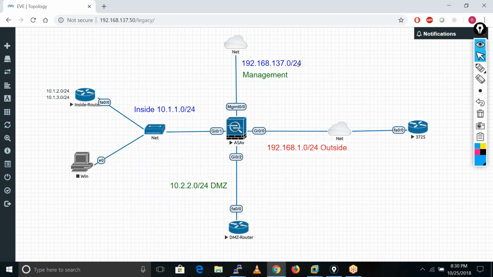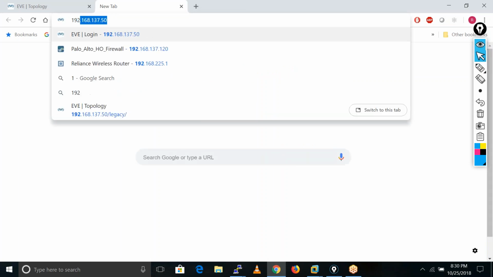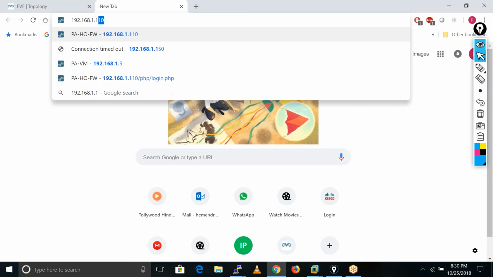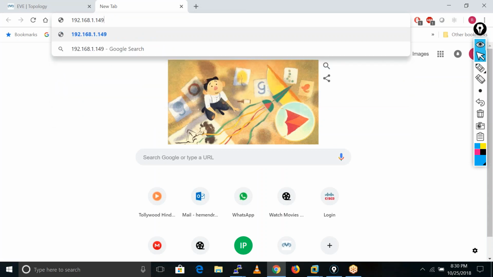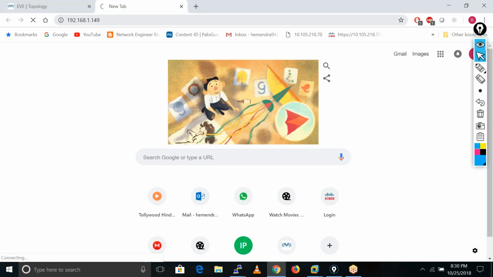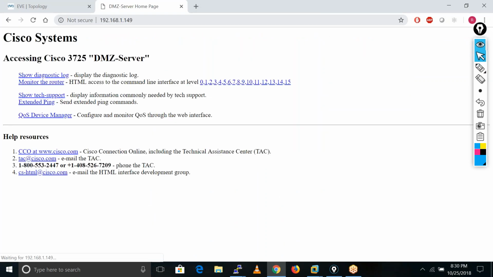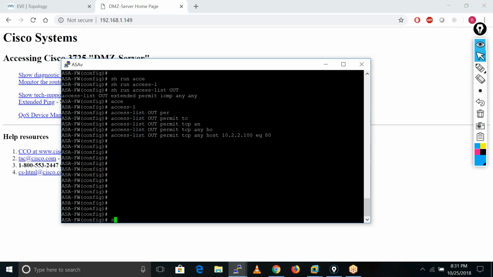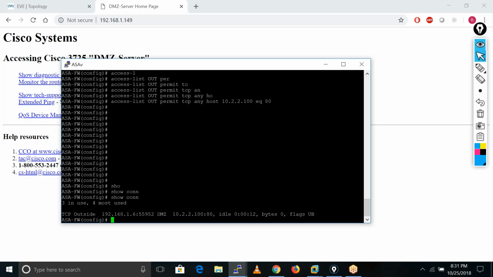Now if I open my browser and try to type the IP address of that particular host, 192.168.1.149, I'm getting my DMZ server. If I check my ASA, I'll check my connection entry here, show conn. I have a connection for that.